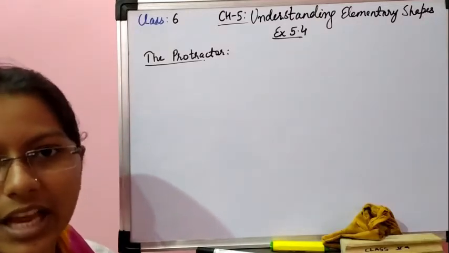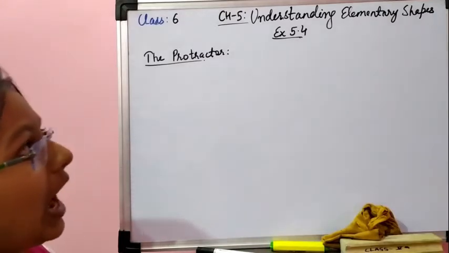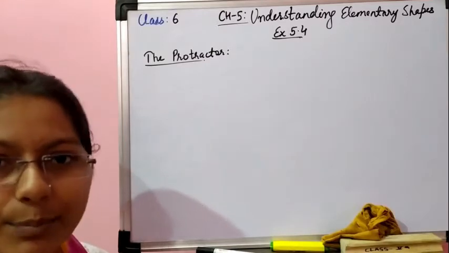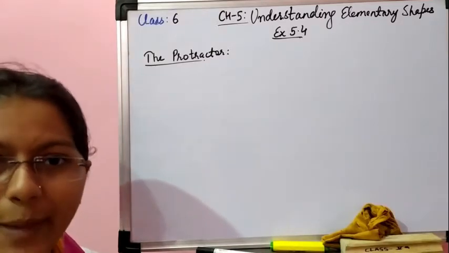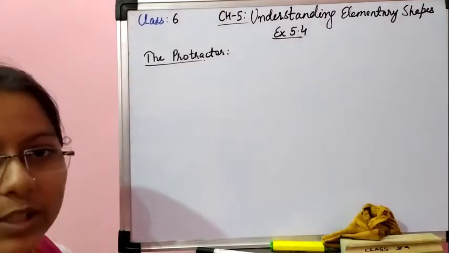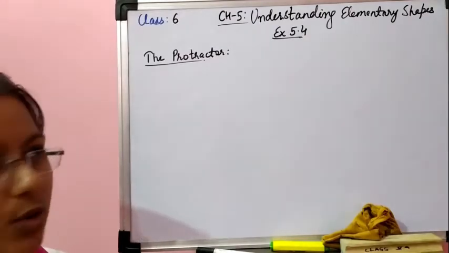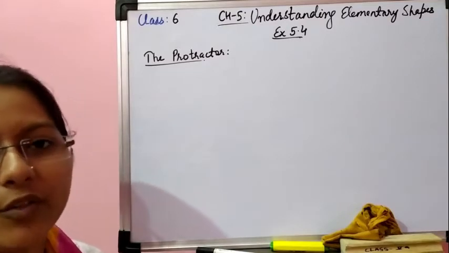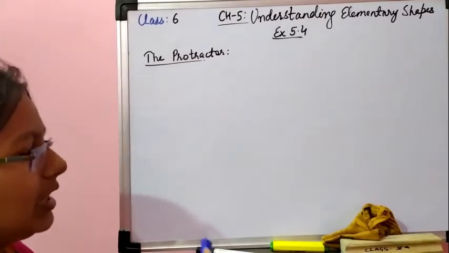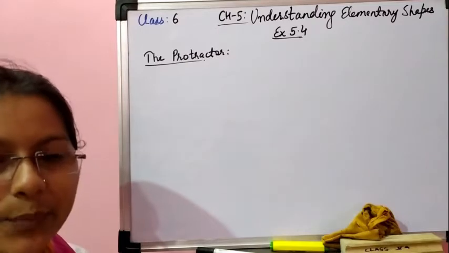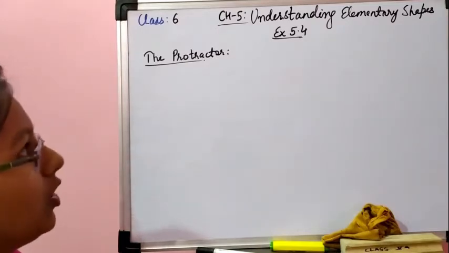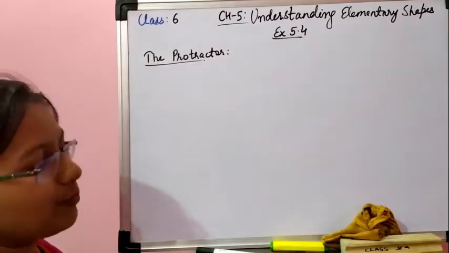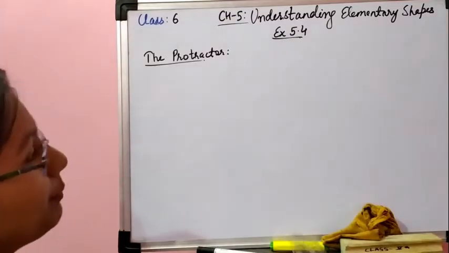In the next assignment 18, I have given you the questions of exercise 5.3. They are very simple. First question, we match the following. It is also related to angles. And in the second question, you have to identify which type of angles are given. Simply you have to classify the angles, name the angle, whether the given part is acute angle, obtuse angle, in this way. Okay. So now today we are going to start exercise 5.4, in which the major role is